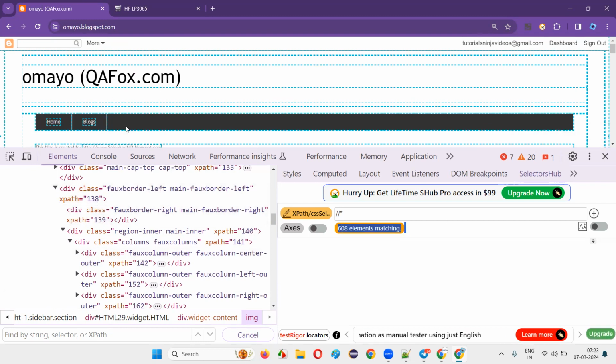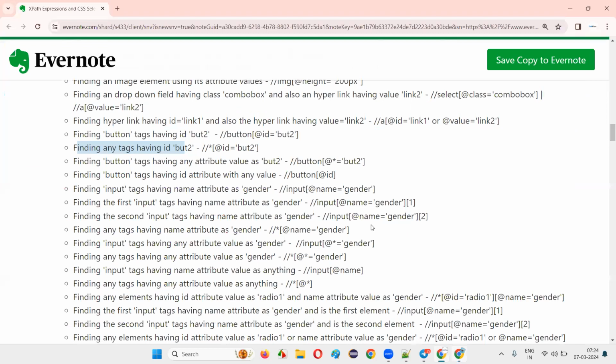Every element on this web page has some tag. It can be an anchor tag, an image tag, an input tag, a button tag, a text area, or any other stuff. So all the elements on the web page in all combinations got located. Total how many elements are on this web page? 608 are there. But here we have to filter, because in this question they said find any tags, but